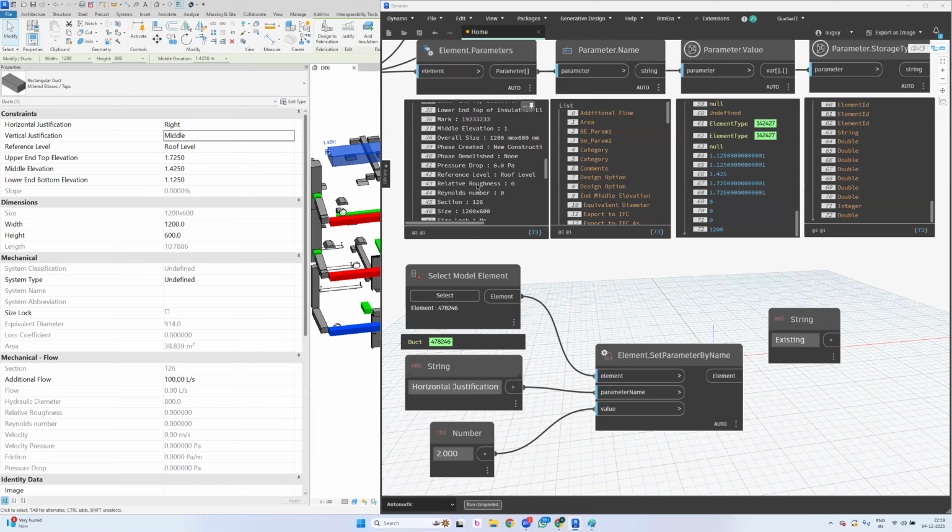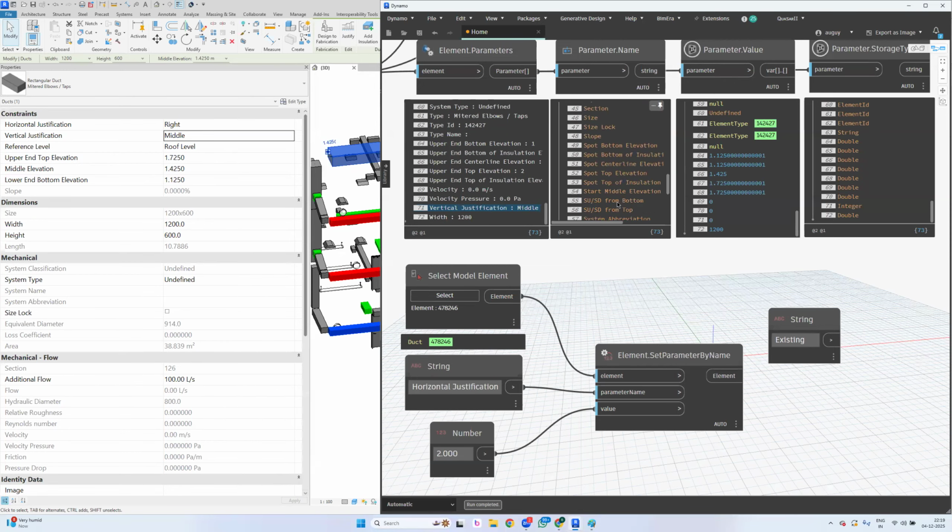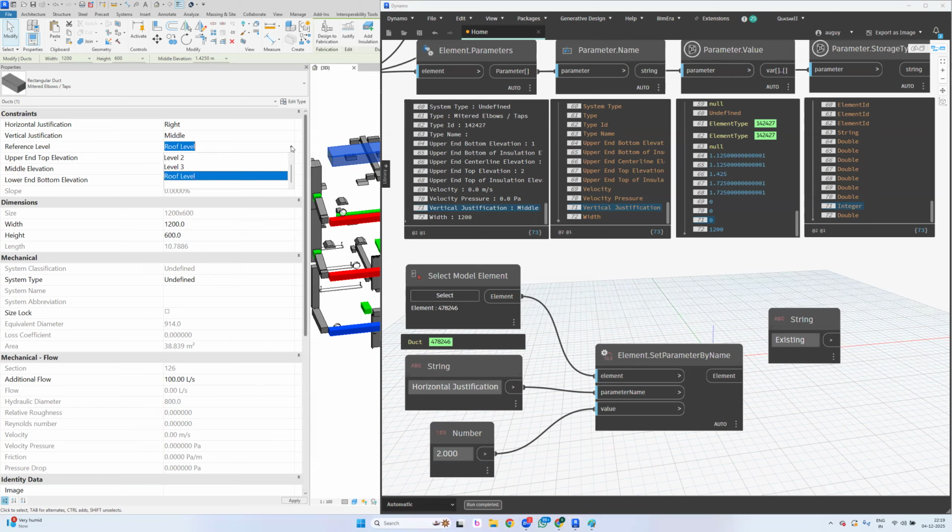Vertical justification, 15 minutes more. Vertical justification is 0. Integer. See? Integer controlled. Okay. And reference level. What does this tell me now? Even this also has a drop down. This is also an integer controlled parameter. So let's play with this integer controlled parameter now then. Okay, very good. Reference